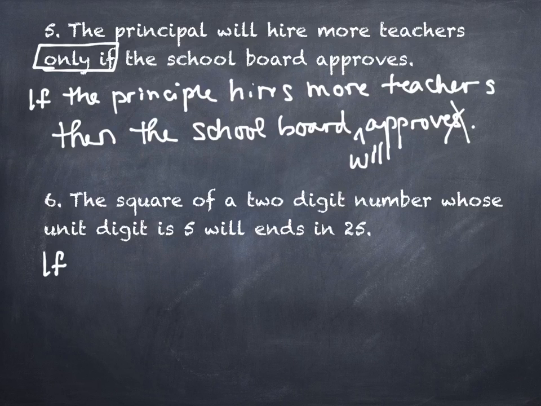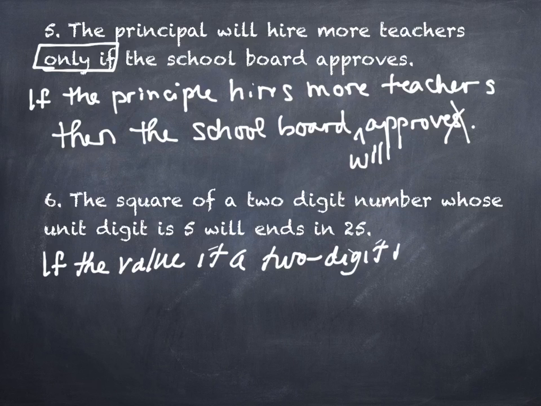If the two-digit number ends in 5, we could say it like that. If we have a two-digit number whose unit digit is 5, something like that. So somebody tell me what you want me to write. If what? If the square of two. We don't have a square yet. The square part's about the ending in 25, which we'll get to in a minute. Right now, all we have is a two-digit number. So if it is a two-digit number whose units digit is 5, okay, so I'm going to put the value or the number